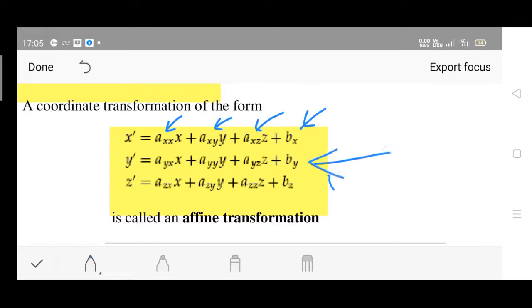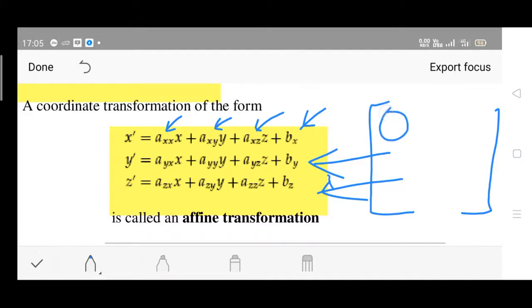Similarly we can write the equations for y dash as well as z dash. So how do we write the y dash equation? Very simple. If you consider any 4 cross 4 or 3 cross 3 matrix, in case of 4 cross 4, it contains 4 rows and 4 columns, isn't it? The first parameter, in equation number 1, is the x coefficient you are supposed to mention. The second parameter is always dedicated for y. The third parameter is dedicated for z. And the fourth parameter is the constant value, isn't it?